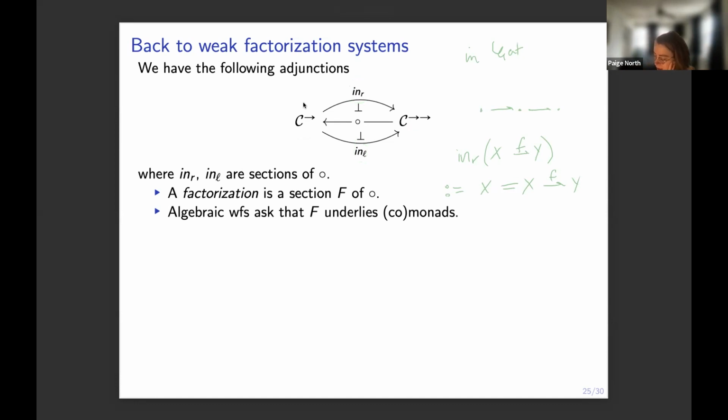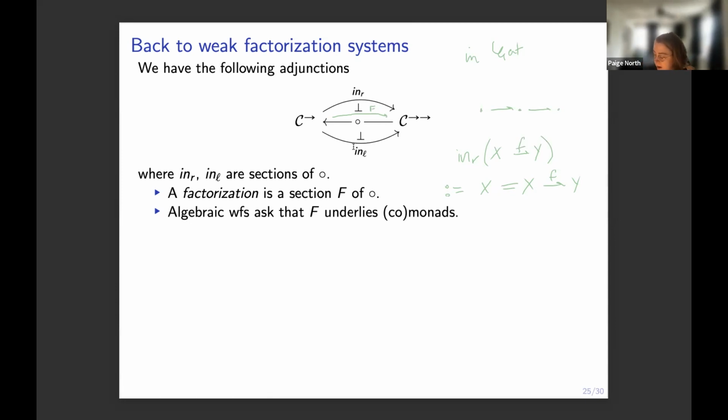There we go. Okay, so if we have a section here, F of circle, and of course, in left and in right, they also constitute sections of composition of circle. And so by which I mean that, first of all, the unit of this guy and the counit of this guy are identities. So an algebraic weak factorization system asks that F underlies comonads,